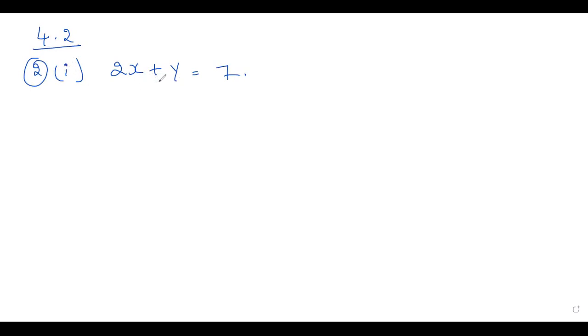So here, to find the solution, you have to give the value for either x or y. Generally we give values for x. Let x is equal to